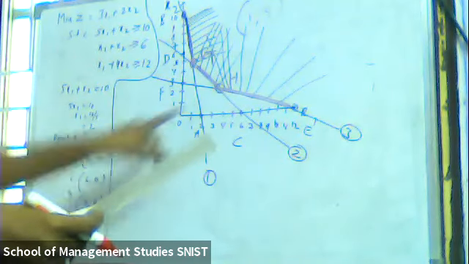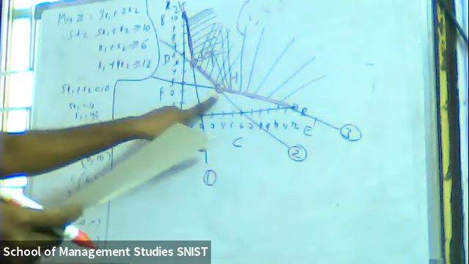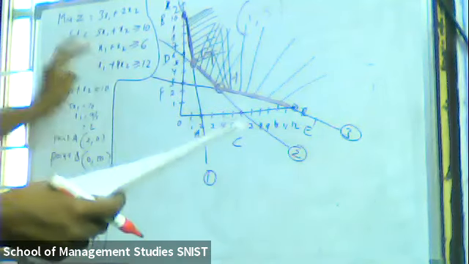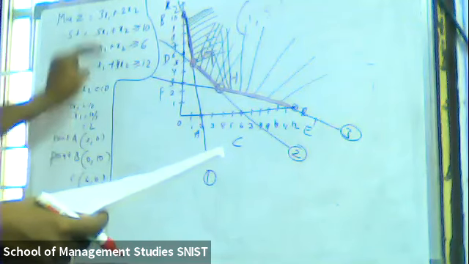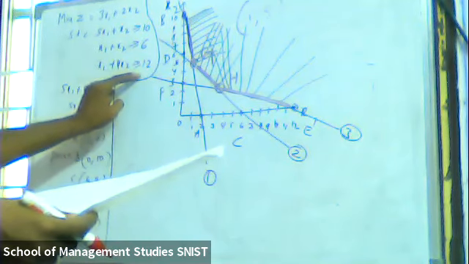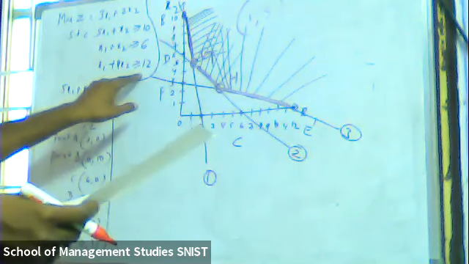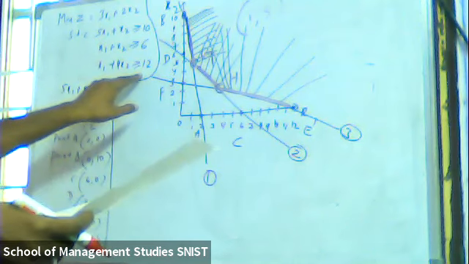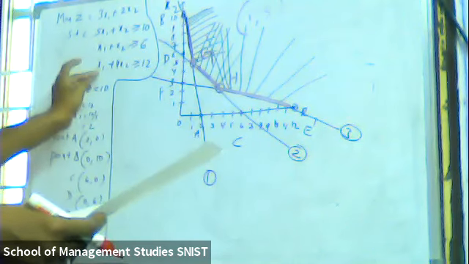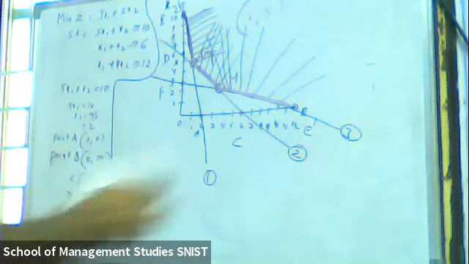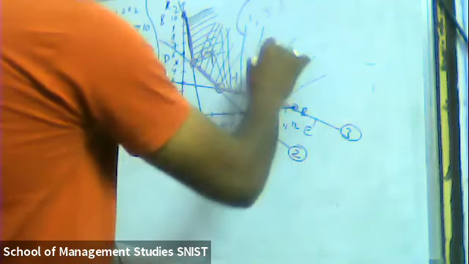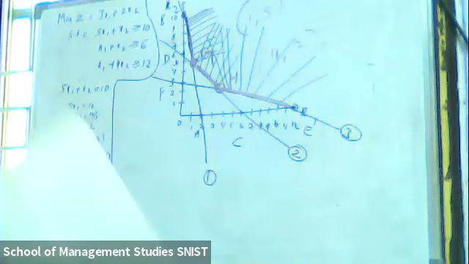Now same thing, to find out the H point, what we need to do? Which ones do we need to simplify? Substitute equations 2 and 3. If you cancel here, then we are going to get 3x2 minus 6, so 6 by 3, x2 we are going to get 2. If you substitute that value in any of the equations, then we are going to get x1 also. So H we are going to get 4 comma 2. Yes or no? Yes, sir.